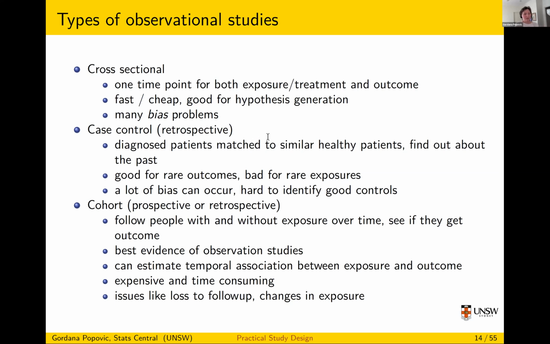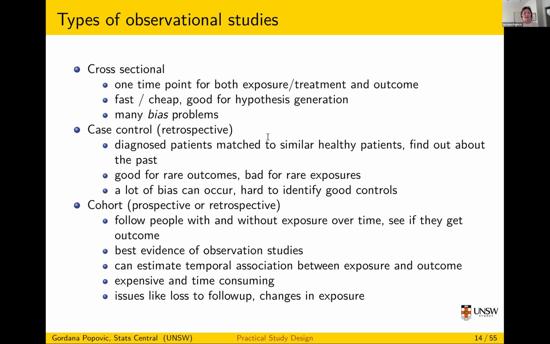So what you're going to do is you're going to find these 20 people that have the outcome. So they have this rare disease X. And then you will look for some people that are in every way similar to these people, but they don't have this disease X. And you try and figure out what are the differences between those two groups. Okay, and obviously there's a lot of bias that can occur in how you choose controls and all of this stuff. But they're good for rare outcomes.